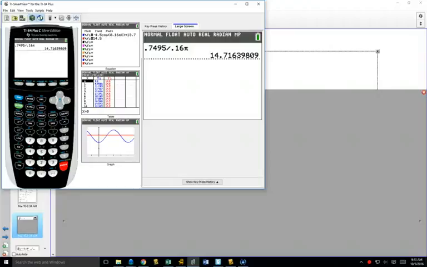I need brackets on the bottom, because technically what your calculator does here is it divides 1.7495 by 0.16, it gets an answer, and then it multiplies by pi when you really want to divide by that pi as well. So you either need brackets on there, or if you start getting used to using the fraction button,